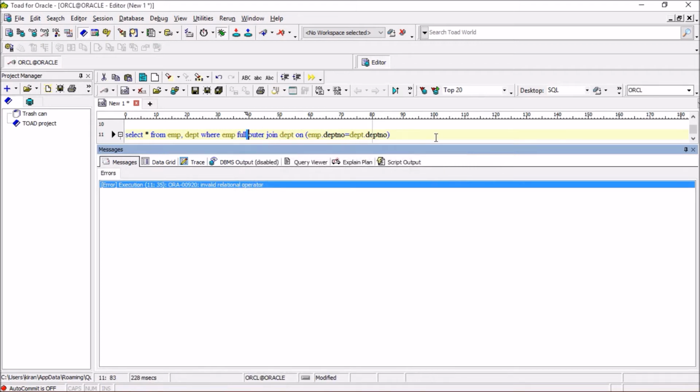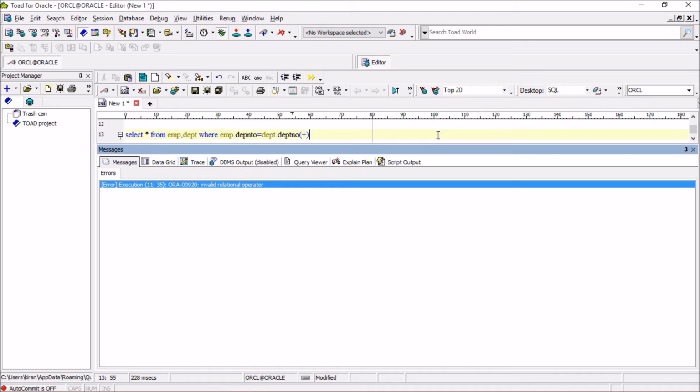Additional operator. Okay, otherwise you can use it like this. Select star from EMP comma DEPT where EMP dot DEPT number is equals to DEPT dot DEPT number.